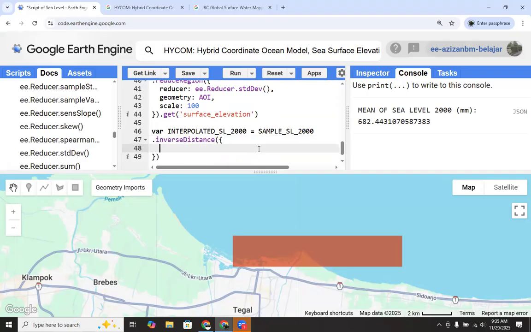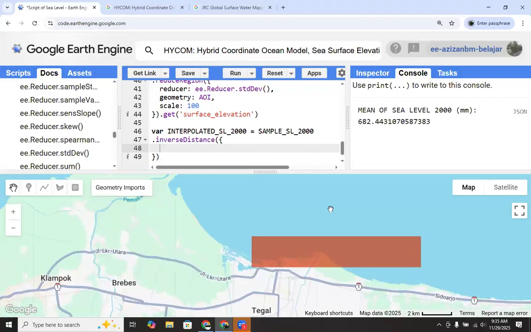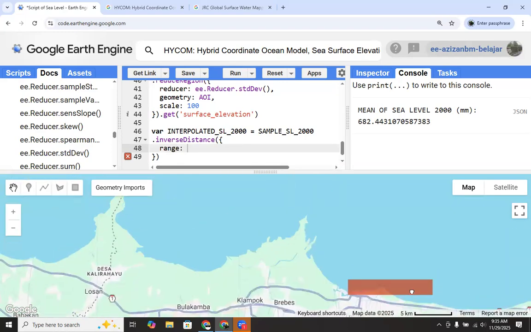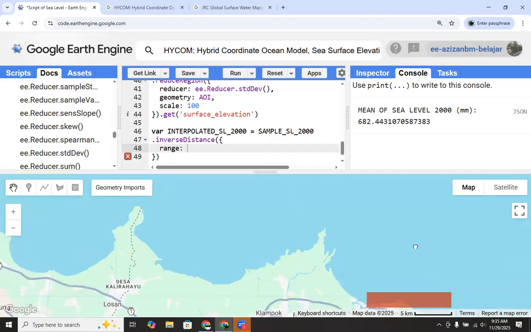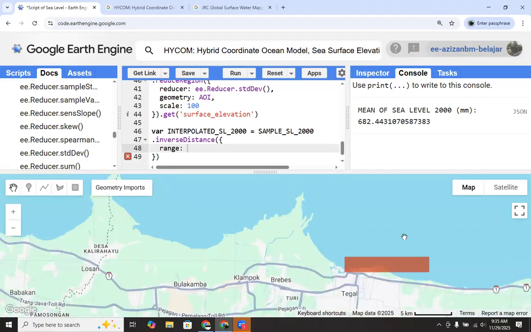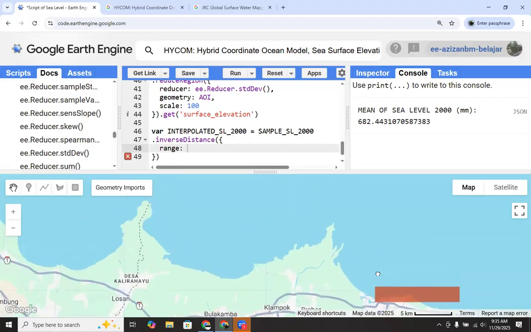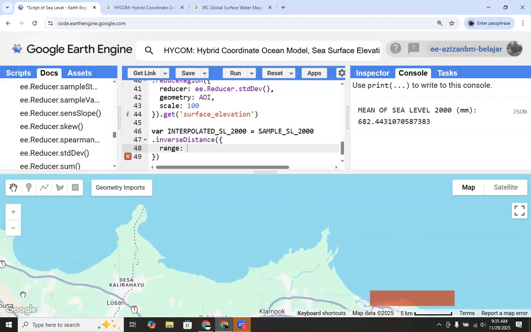We use the inverse distance method. The first one is range. To define the range, we can use the below ruler.